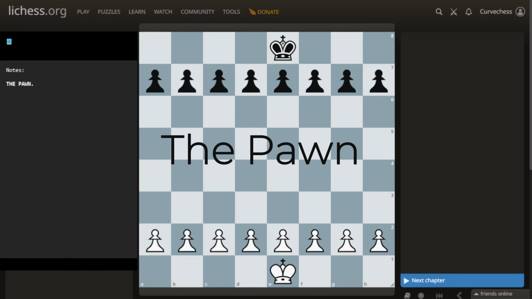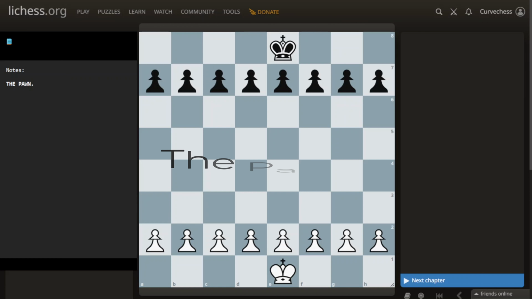Each player starts the game with 8 pawns, making a total of 16 pawns on the board. Although they're the least valuable pieces, each pawn is worth 1 point and plays a vital role throughout the game. Pawns are the backbone of your position. They help control important squares, protect your other pieces, create space, and can even become incredibly powerful as they advance across the board. Next, we'll learn exactly how pawns move, capture, and what makes them one of the most unique